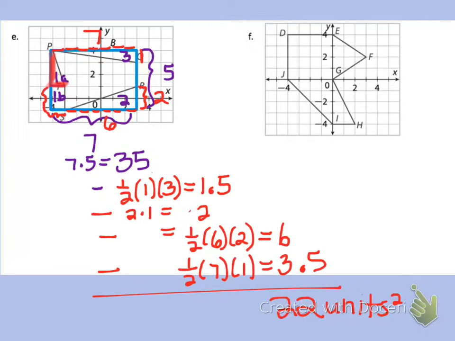And let's try one more for good measure. So this figure, again, you have some different options, but I think this one looks like one of the ones where I'll split it up into smaller regions. I see a square right here, and then I see the triangle on the side hanging off there. So there's the triangle there, right? We've got the square, it might be a square, but I'm pretty sure it's maybe a rectangle. I'll have to check the lengths of the sides. But you use the same formulas for the square and the rectangle, so it doesn't really matter. So I'm going to find this one,